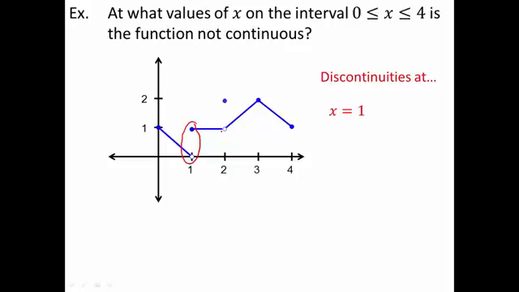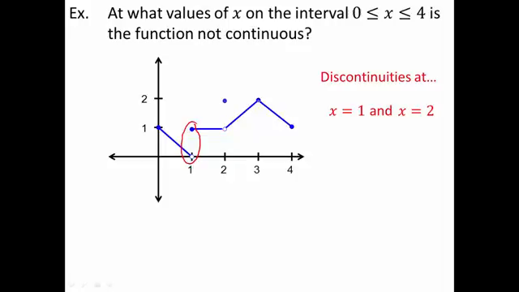Right here at x equals 2, the limit exists. Both the left and right hand side agree that we're going to 1. So step 1, check. Limit exists. Step 2, the function exists. Well, we have a dot up here at x equals 2, so yes, the function exists. Step 1 and step 2 of my continuity definition are satisfied. But part 3 of my definition, does the limit and the function agree? In fact, no, they don't agree. The limit is going to 1, the function is at 2,